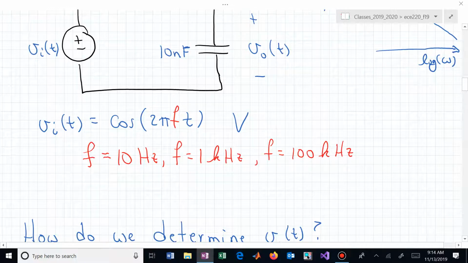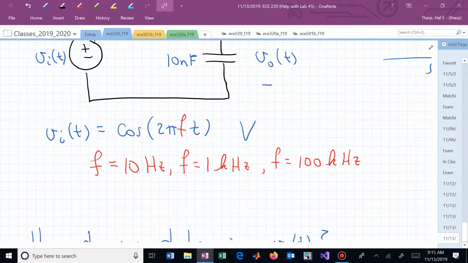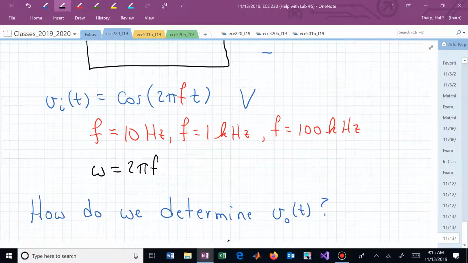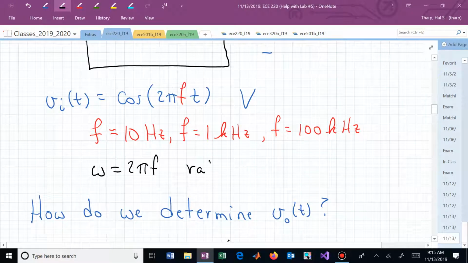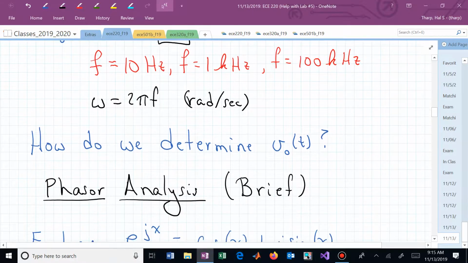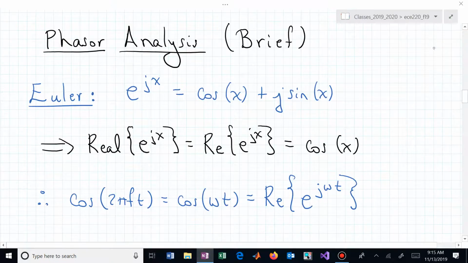And here, realize that a lot of our analysis involves omega. In the lab, you'll be adjusting the knobs relative to F. In hertz, that's F. In omega, that's radians per second. The relationship is 2 pi F equals omega, where this is now cosine of omega t, or cosine of 2 pi f t. We want to now determine the output voltage,